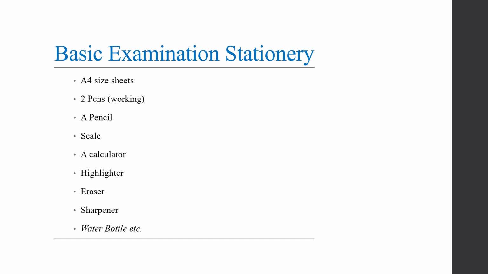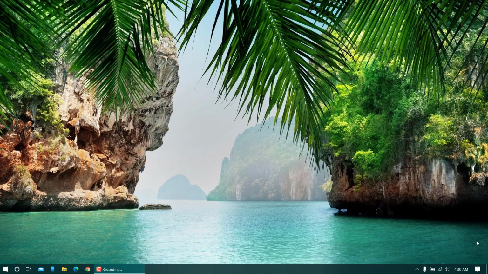scale, calculator if applicable, highlighter, eraser, sharpener and water bottle. Although it is not an examination stationery, it comes very handy if you especially have them on your table while writing the paper. There is one more step left before actually you start the examination, which is very essential, especially